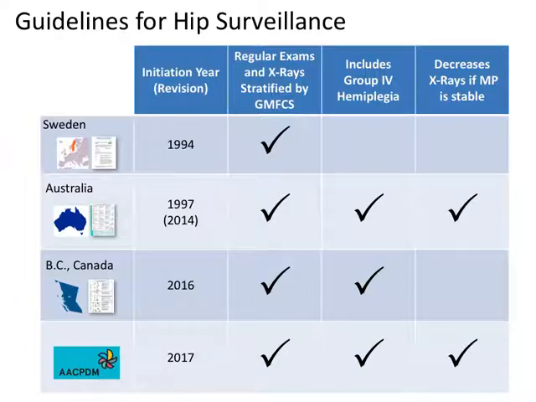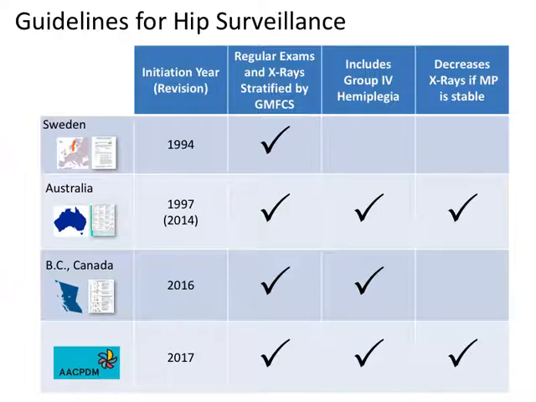So if you go through each of these guidelines, Sweden initiated it in 1994, and they had regular exams and x-rays that were stratified by GMFCS level. So they identified GMFCS as a very important tool very early on, and we're very fortunate and indebted to them for doing that. In Australia in 97, and then their revision in 2014, they recognized that there was a group